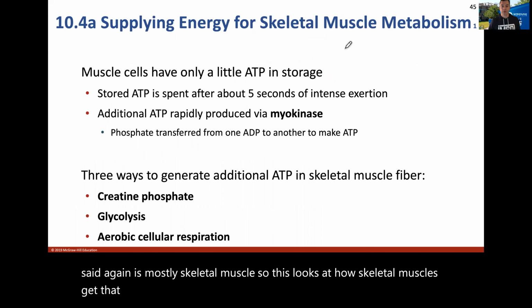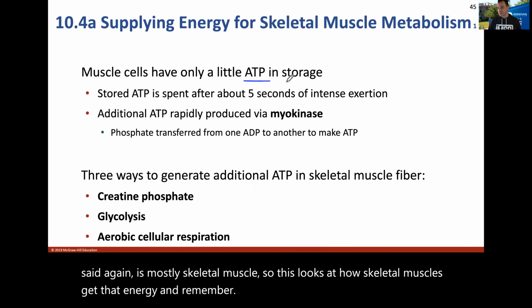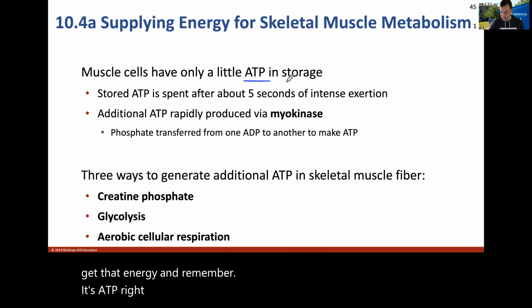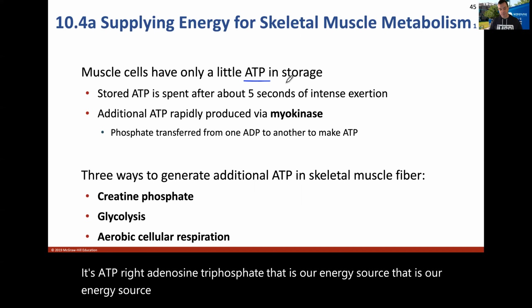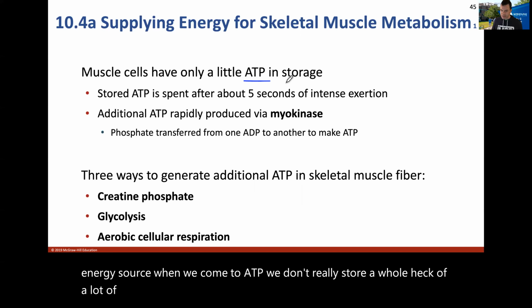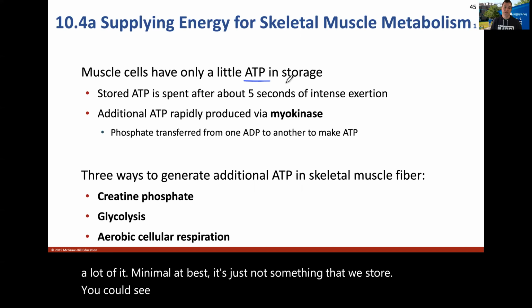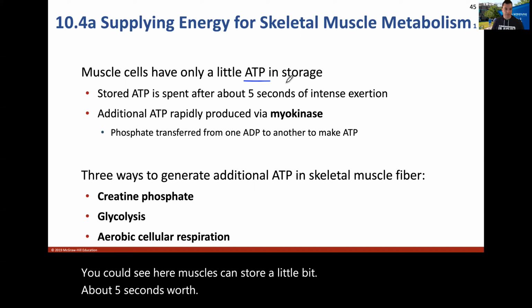And remember, it's ATP, right? Adenosine triphosphate. That is our energy source. Okay? That is our energy source. When we come to ATP, we don't really store a whole heck of a lot of it, minimal at best. It's just not something that we store. You could see here, muscles can store a little bit, about 5 seconds worth, if you really start